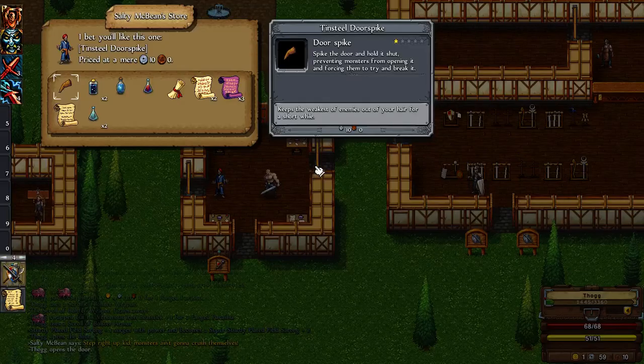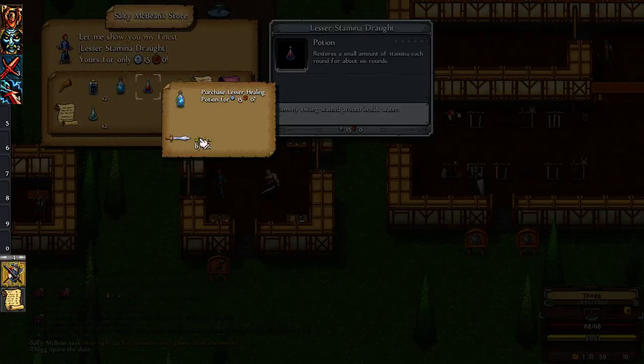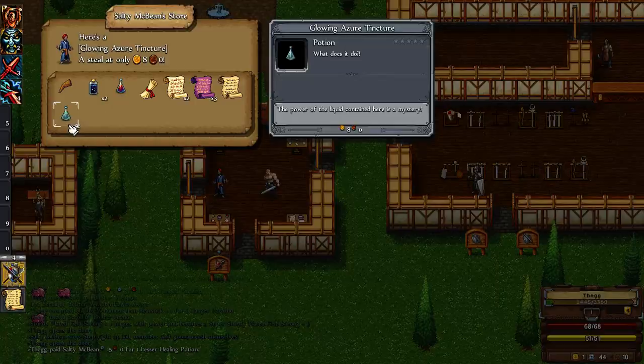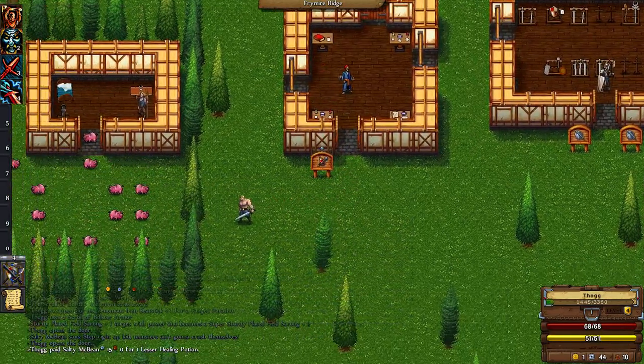I'm looking for healing potions. I don't think these are... Oh, that is a healing potion. 15 silver? Yes, please. Barkskin's okay. The champion potions are good. They kind of give you a bunch of stuff, like